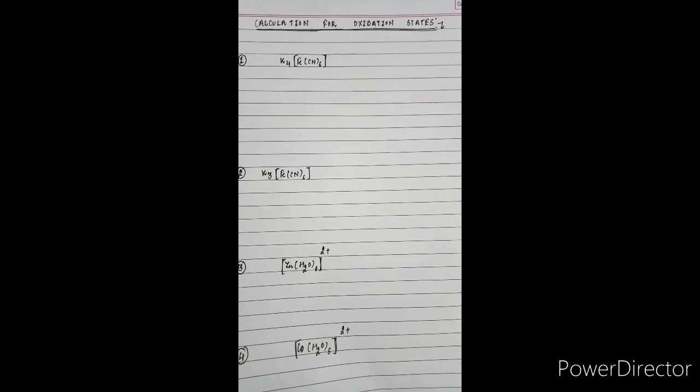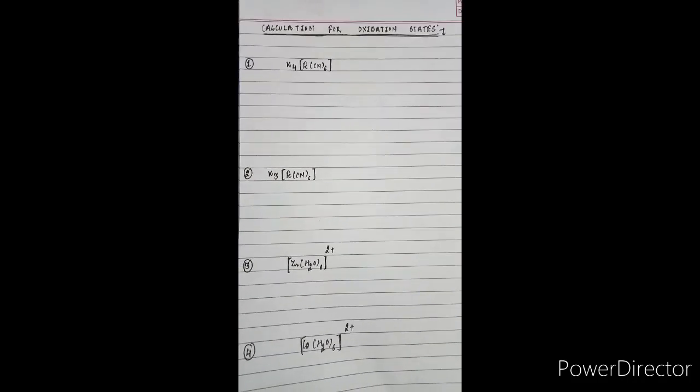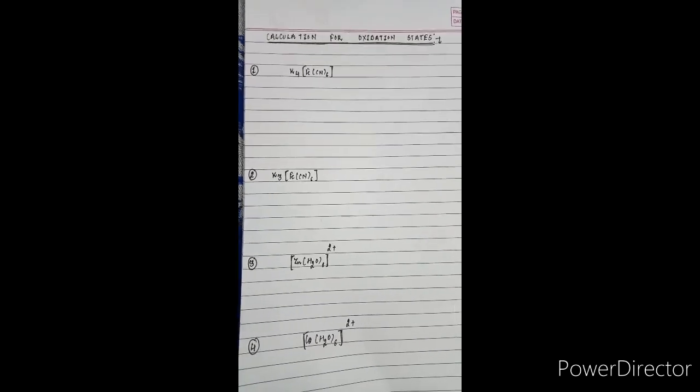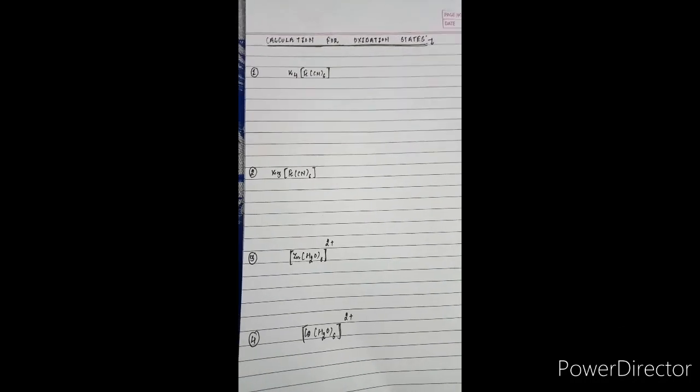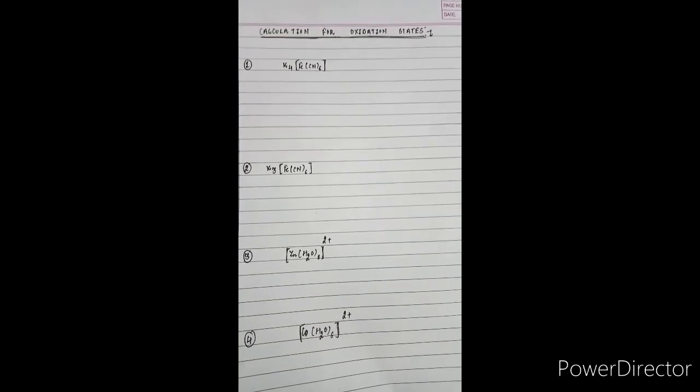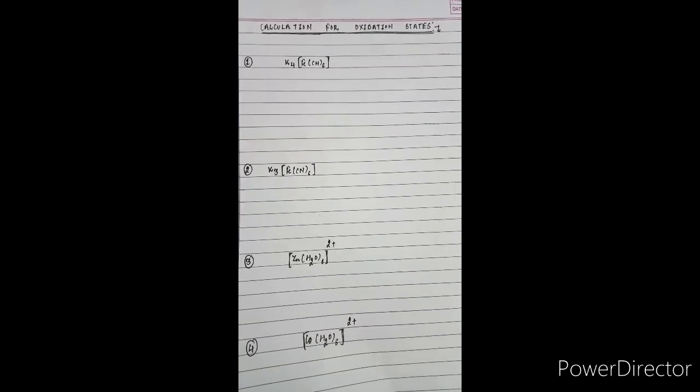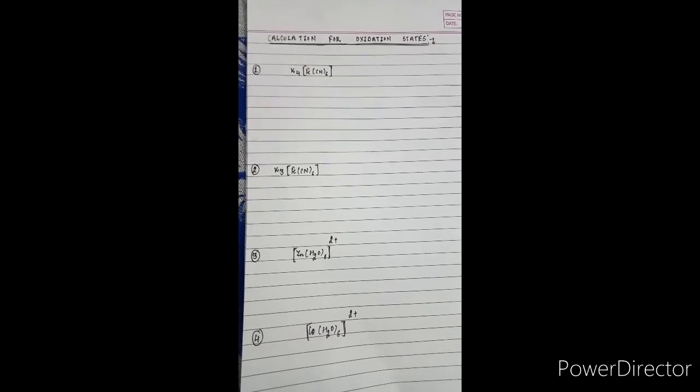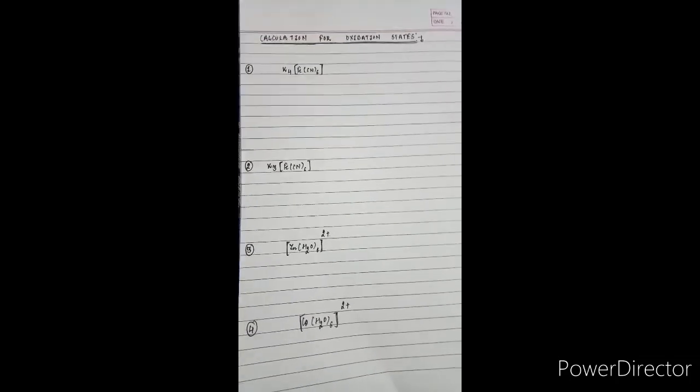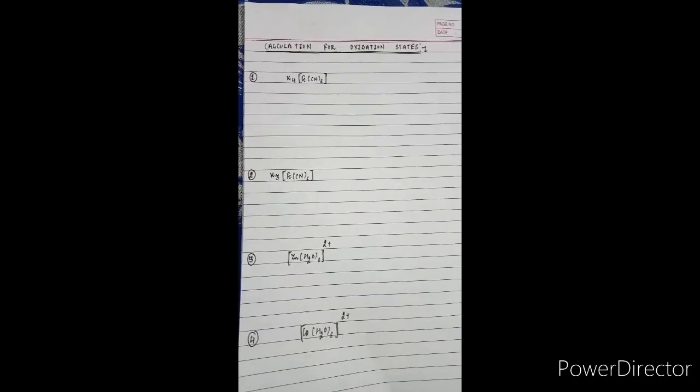Good morning, class 12th. Now in this lecture we will learn how to calculate the oxidation states of the central metal atom in the coordination complex. The calculation of oxidation number is very important for coordination compounds, because in the upcoming lecture I will define the VBT, the valence bond theory. Valence bond theory plays an incredible role in defining the paramagnetic character, hybridization and many other properties